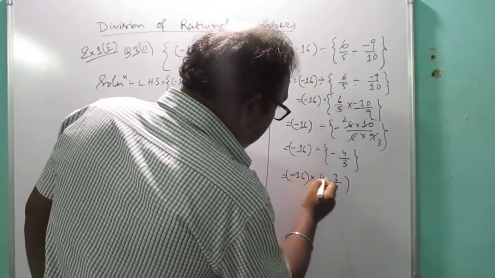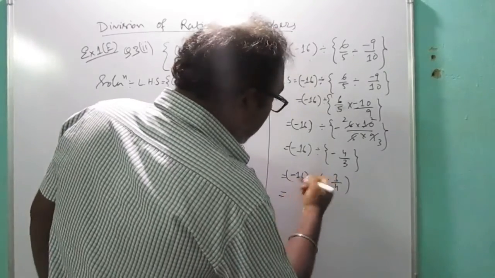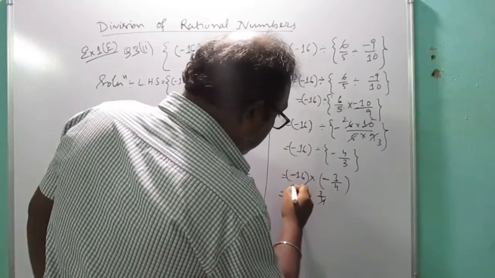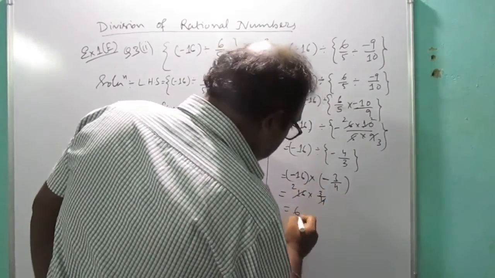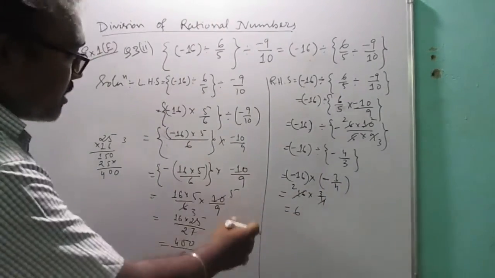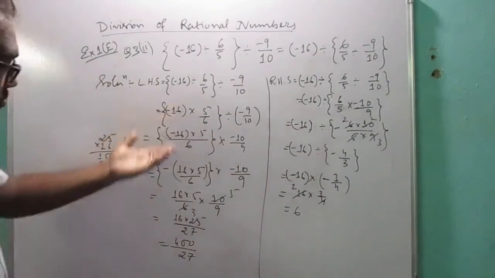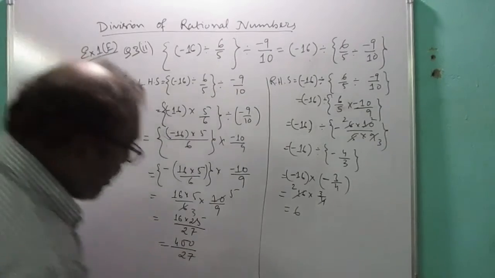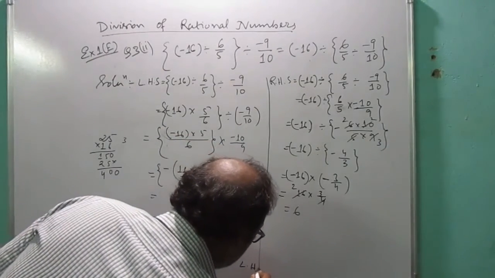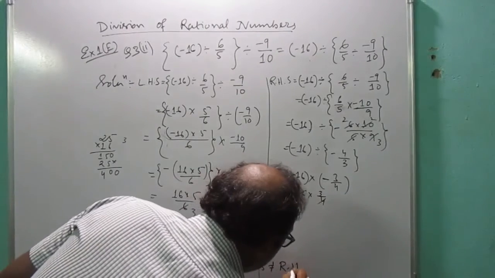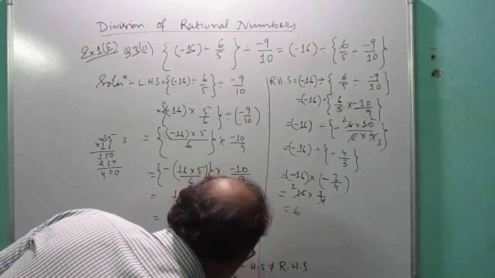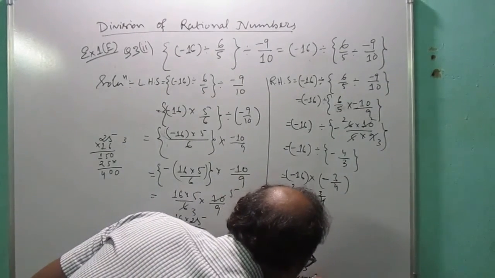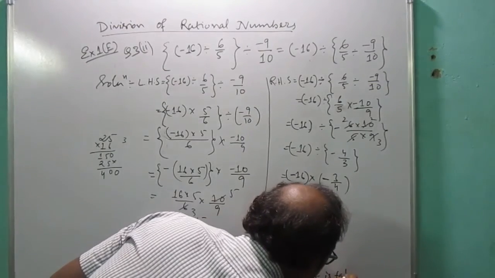Okay, here is minus, here is also minus. So minus into minus will give me plus. That means 16 into 3 by 4. So 4 4s are 16 and 4 into 3 is 12. So the answer is 12. In the right hand side, the answer that we are getting is 12, and in the left hand side, the answer that we are getting is 400 by 27. Therefore, we can say that left hand side is not equal to right hand side. Therefore, the statement is false. Therefore, the given statement is false. Okay, students.